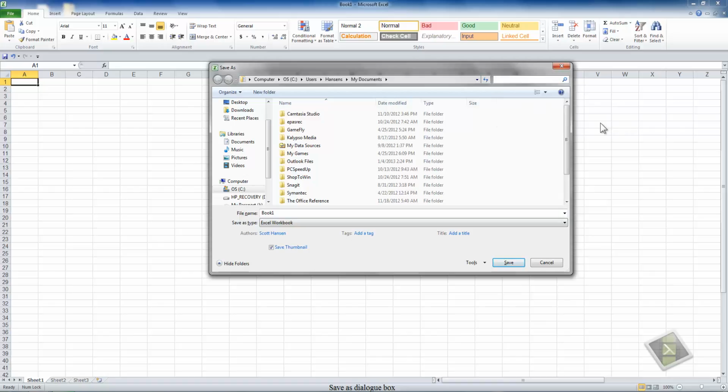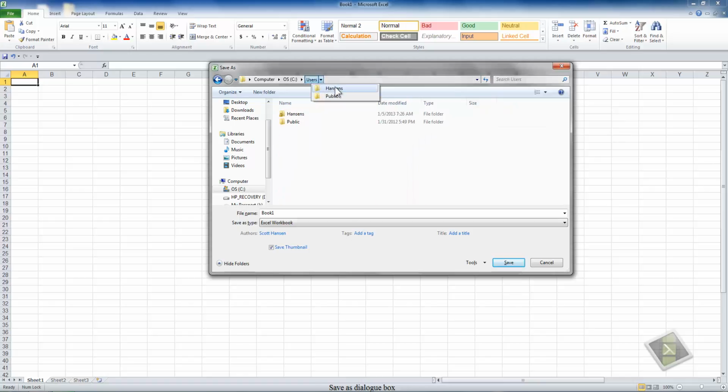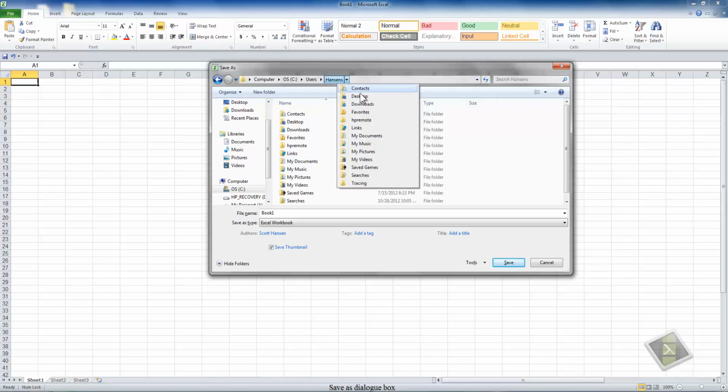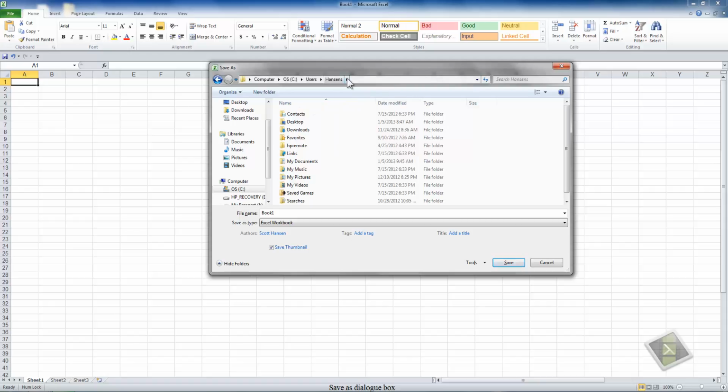We also get displayed a breadcrumb trail sort of thing where we can go backwards or forwards and choose sequentially where we want to go to save our file. We can manage our files and folders. Once we select a file,